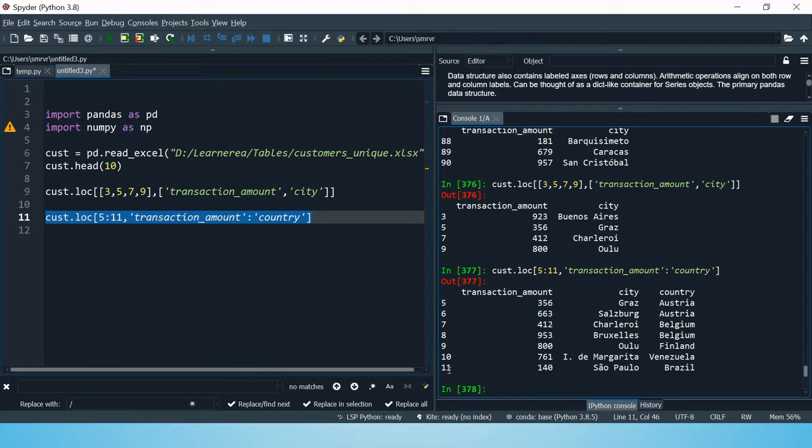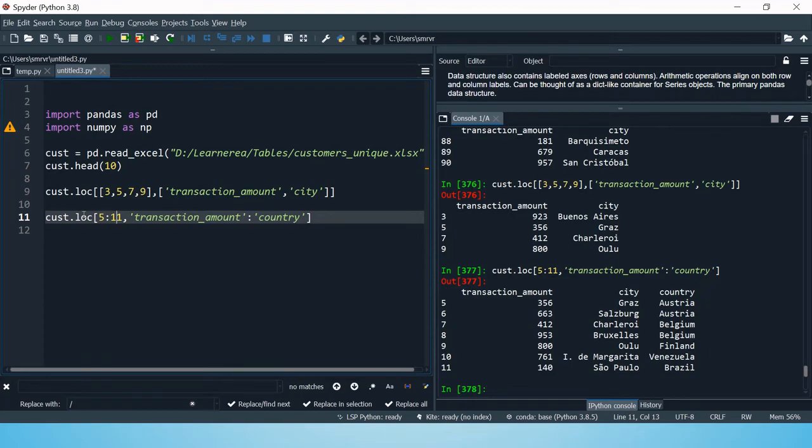Now you can say in the previous selection what we saw, without using loc, the ending point was not included. So in that case, in normal selection, the ending index number of rows is excluded, but with loc, the ending point is included, that is inclusive. So that's why you see starting from 5th till 11. So this is the difference between normal selection and loc selection. So this is how you can use the range method to make selection using loc.